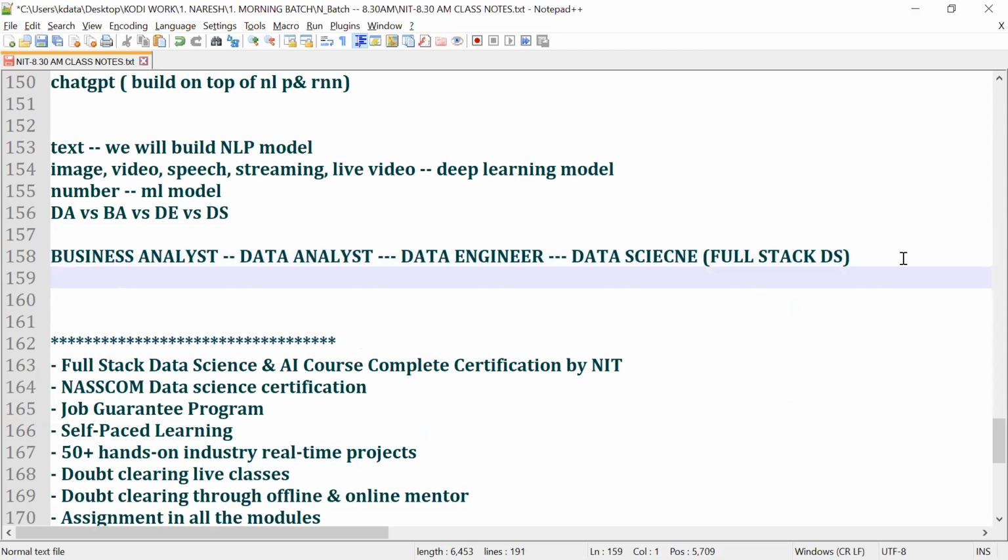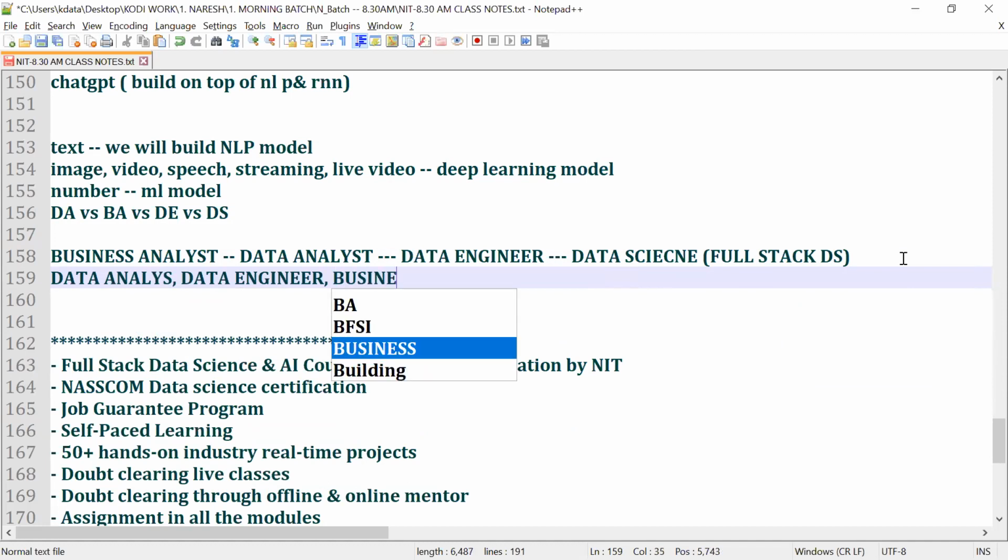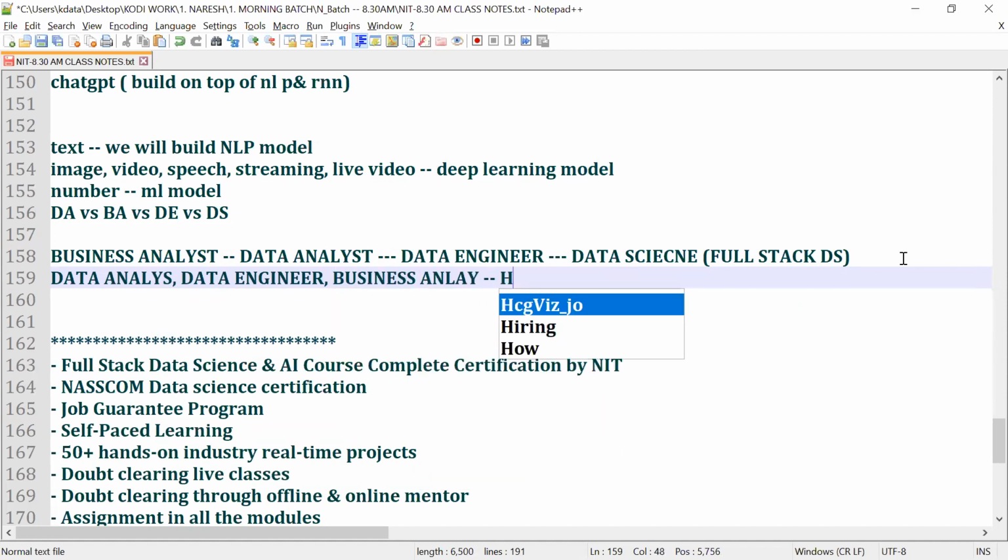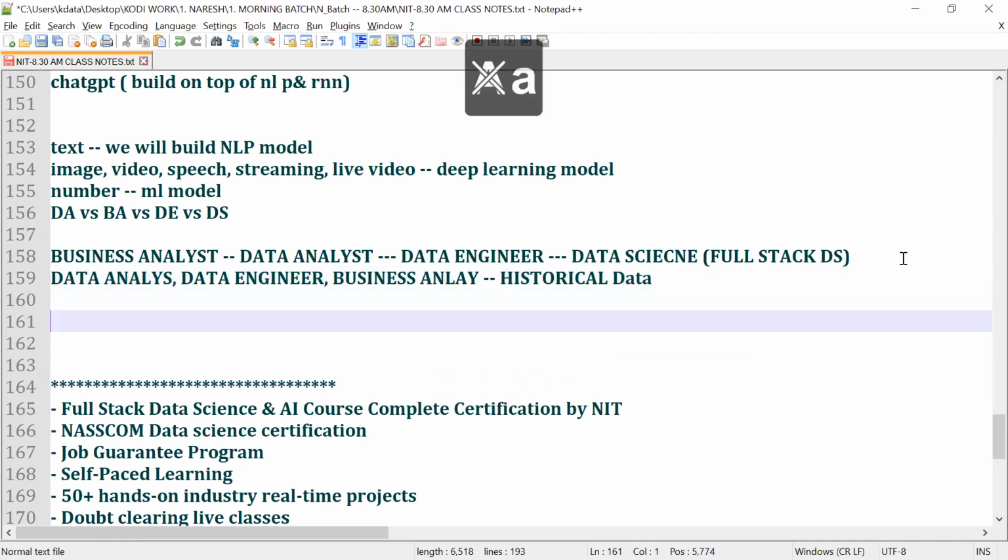So let me tell you, data analyst, data engineer, and business analyst work on historical data. What is meant by historical data? In the database, if you extract the data from 2016 to today's date, 12th March 2023, is it historical data or not?